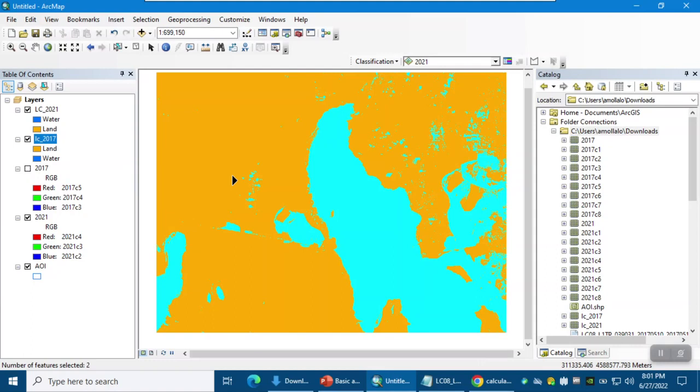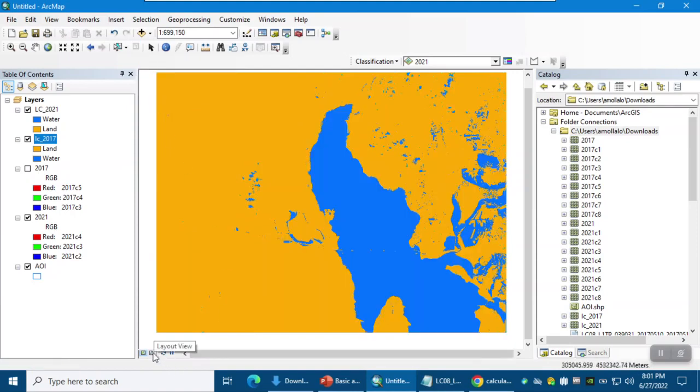So our purpose in this lab was just to introduce you to image classification and land cover change. And we just used the most basic type of classification technique, and we didn't evaluate the accuracy of the classification. But in a real project, it would be very helpful to use both supervised classification and unsupervised classification, and also a field visit to validate the result, because there are always errors in classification techniques that we need to keep at the minimum level. So what you should do at the end is that if you go to the layout